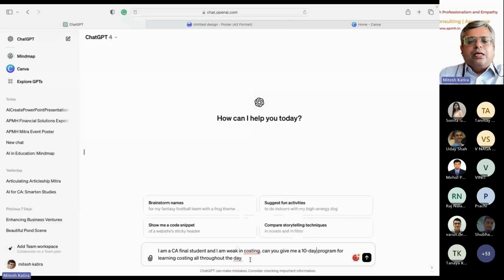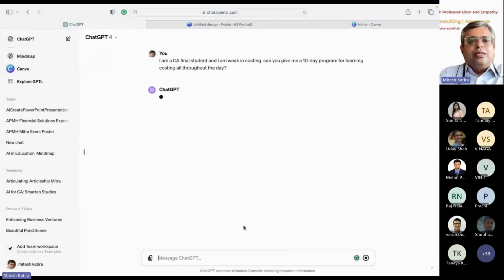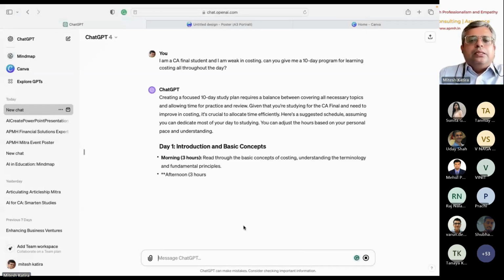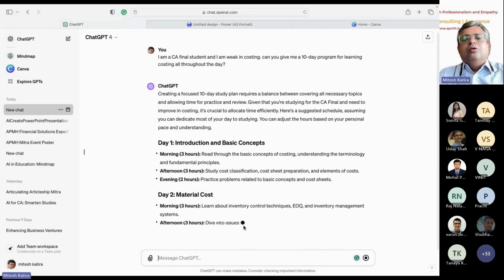Here the problem is sometimes the data needs to be properly fed into the system. For example, I did one exercise which I will share later. Let's see what answer it is giving in the meanwhile. See, it is saying morning 3 hours, afternoon 3 hours, what all you need to study.